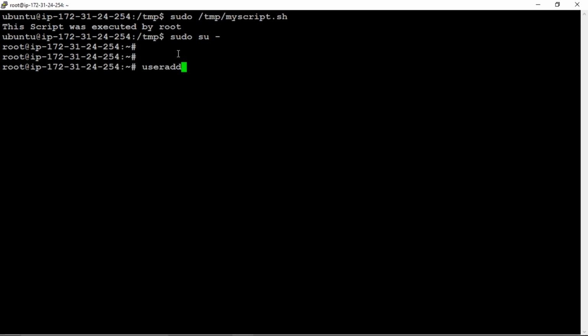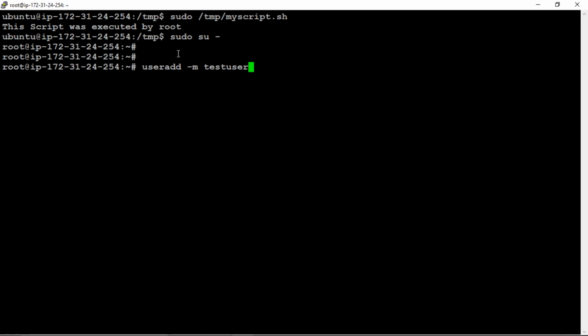useradd space hyphen m and your username. I'm just giving the user as testuser or user1. Anything you can give. useradd space hyphen m space testuser.